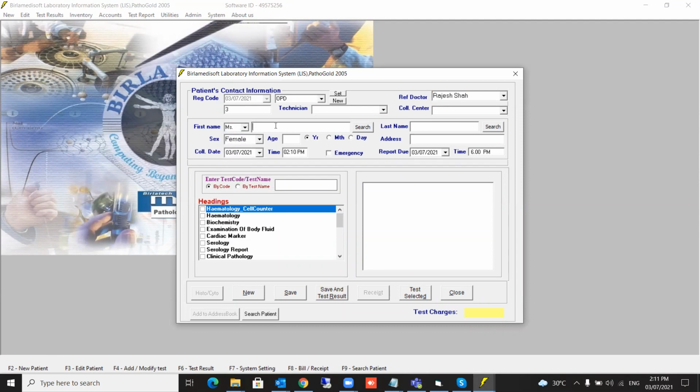I select the patient automatically. The patient has been selected. Okay. And for this patient, I want to give the profile. Now, if you see where that profile has come, we know the code has been given, but you want to see this profile, it has come at the bottom. See, in one command, all tests will be selected.